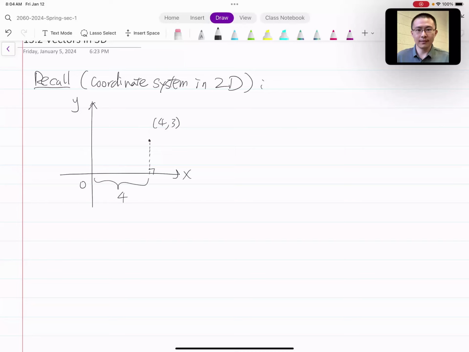And then similarly, if you do the orthogonal projection to the y-axis, that's going to give you a location that's a 3, which is 3 units above the x-axis. Now you see, the dashed lines and the axes will form a rectangle. That's the XY plane that we have seen